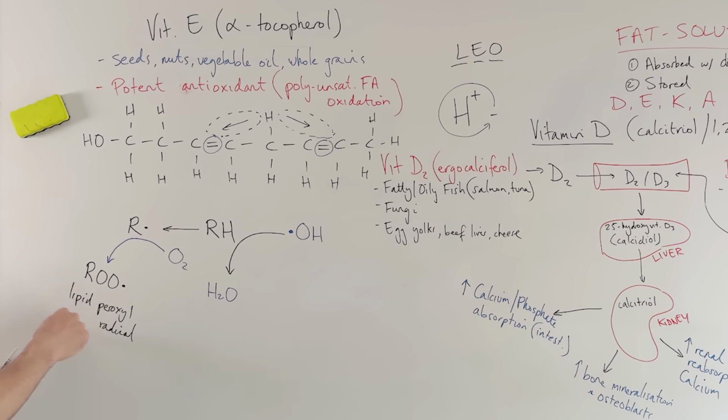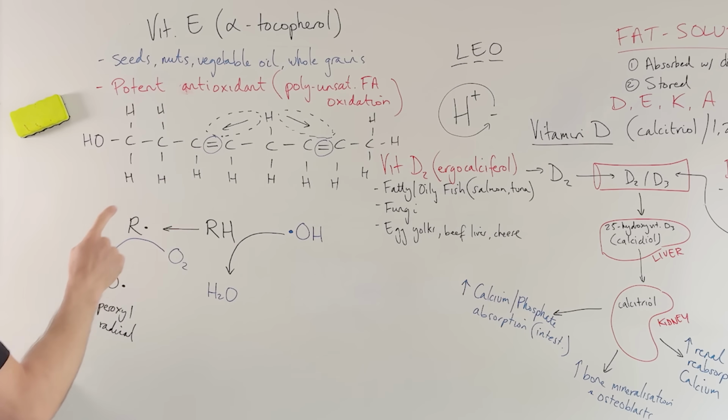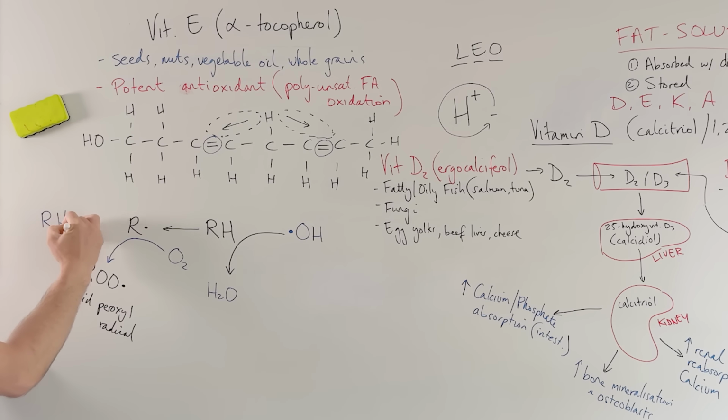Now, this is going to come across other unsaturated, polyunsaturated fats, and it's going to try and steal the hydrogen from it. Now, if this steals the hydrogens from an RH, so let's say we've got a nice RH here, and it comes across it, what's it going to do? It's going to steal the hydrogen to become whole again. It's all good now. So instead of being a lipid peroxyl radical, it is now stabilized.